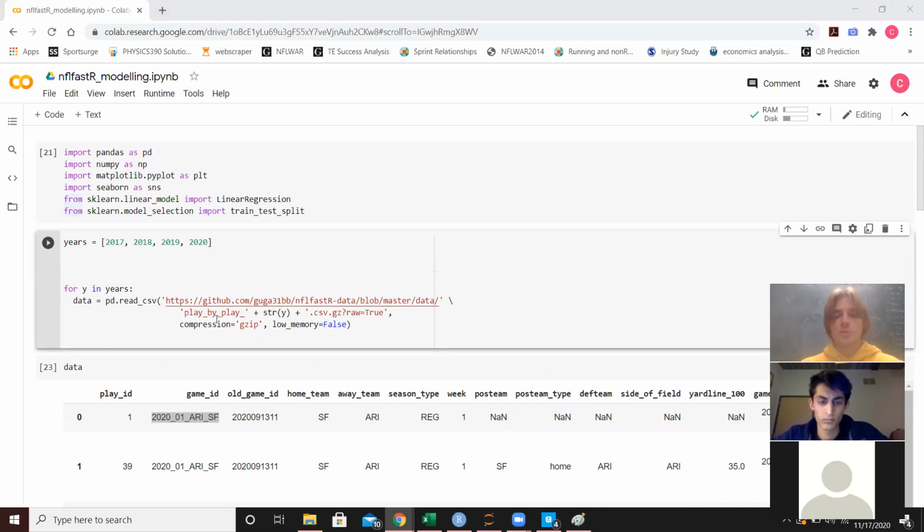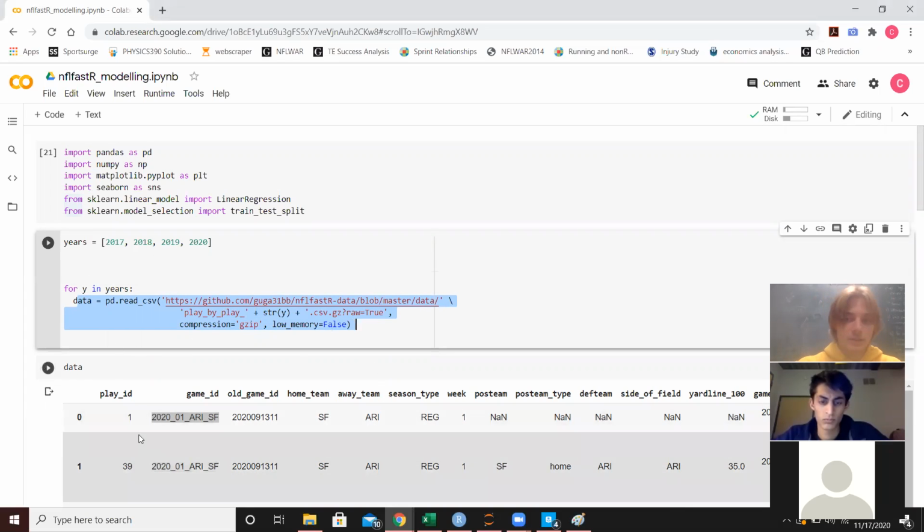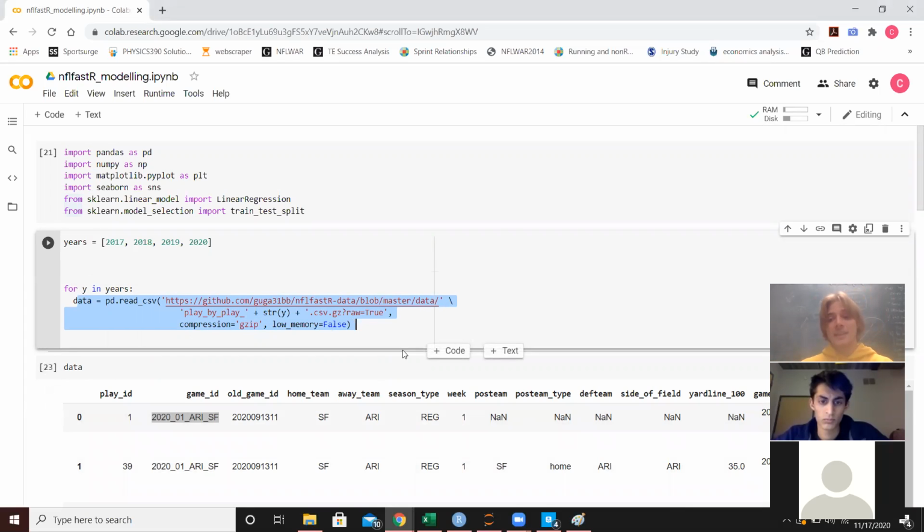So what we're doing here is telling it to read in data, but then just read over it. So we're just reading: it reads 2017, saves that, reads 2018, saves that, reads 2019, saves that, but it doesn't actually add the data frames together. So what we want to do is add some